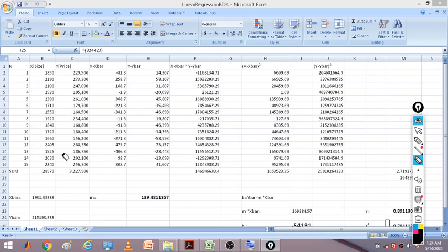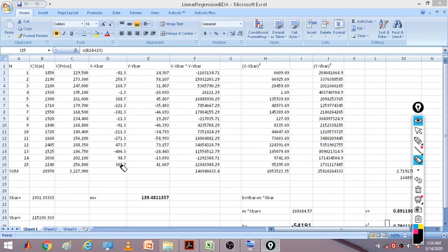So to get the mean of dependent variable y, we take the total divided by 15, and we get this particular value. Now similarly, we take x minus x bar, the x value minus the x bar value, for this xi, training example 1. Likewise training example 2. And we have done that for all the values.